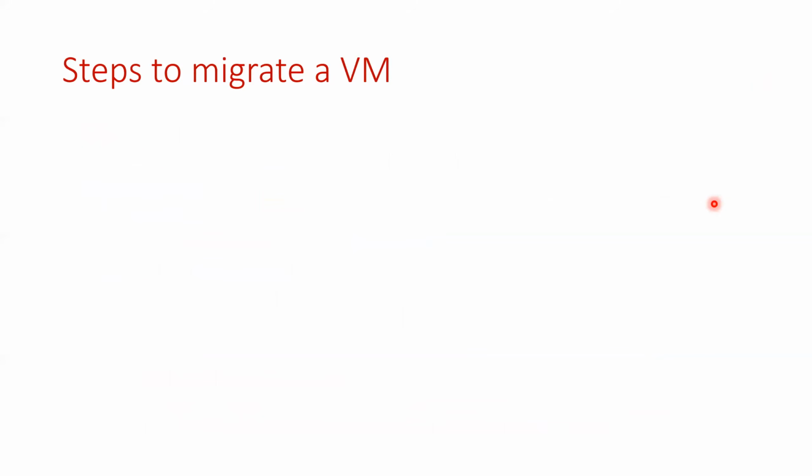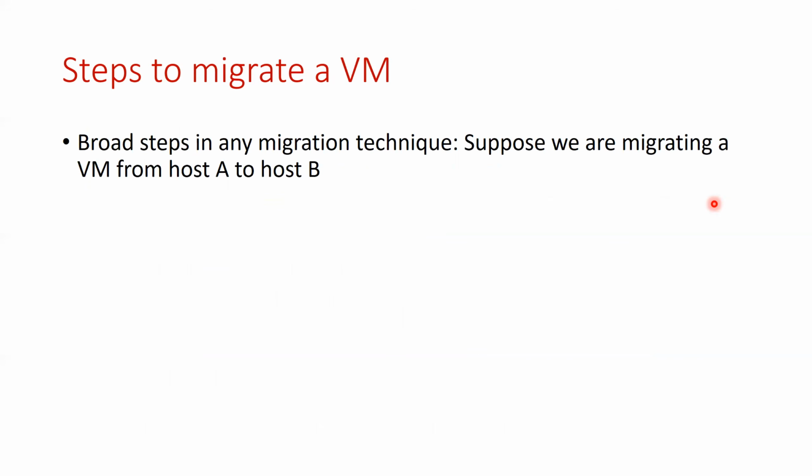So now what are the main steps to migrate a VM? Here are the broad steps. Suppose we have a host A, and a VM is running on host A. While this VM is running, we want to move it to host B. First, both hypervisors will coordinate with each other. You will set up the target host B, reserve resources with respect to CPU cores, memory, IO devices, whatever has to be reserved. The target host is prepared.